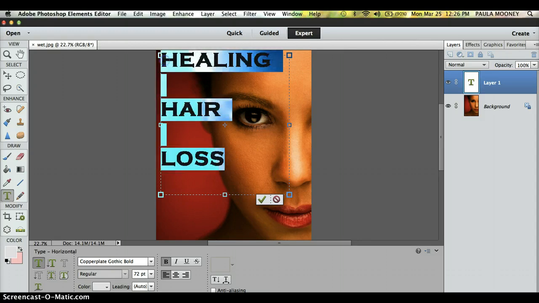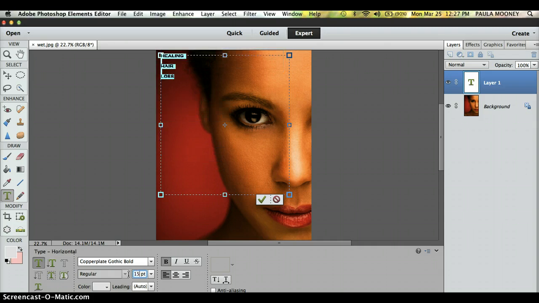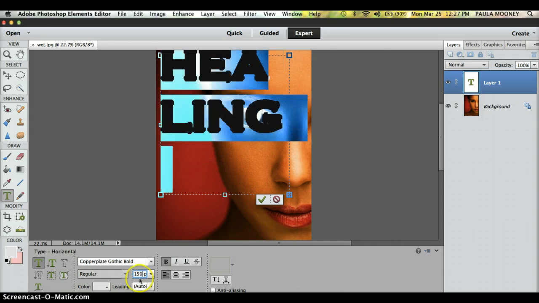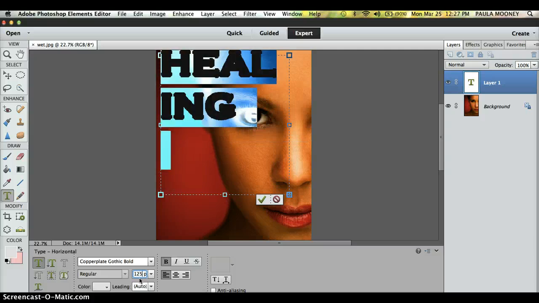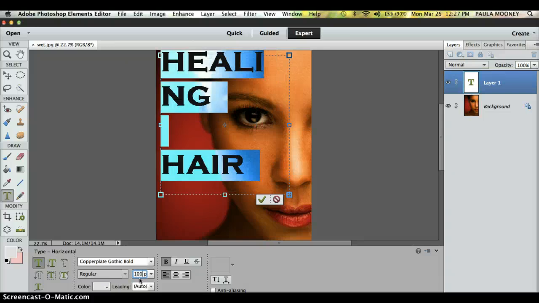Let's do this. One trick you can do if you're running into the same issue where you want your text bigger. You see how this looks like it only goes up to 72 points. You can actually, let's type 150 in here. There we go. You see what that did? Let's try 125. I meant to say 125. You can actually force it larger